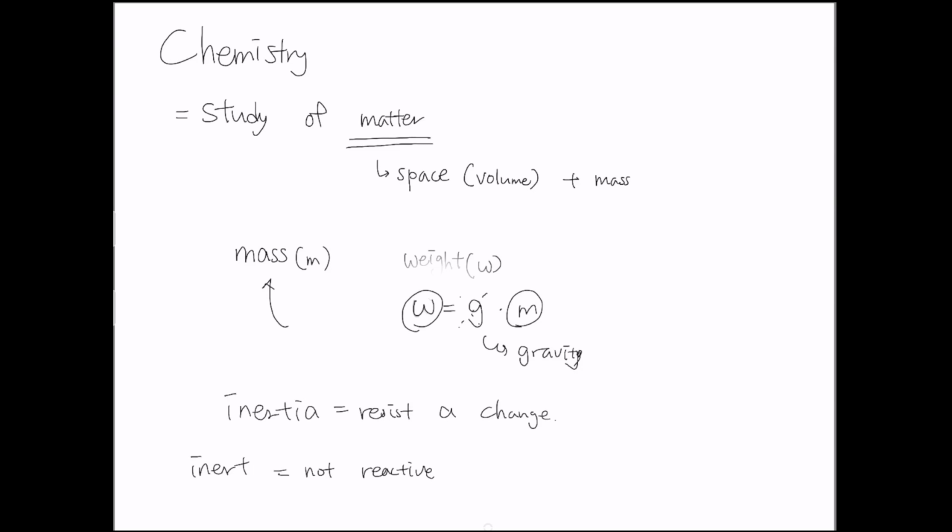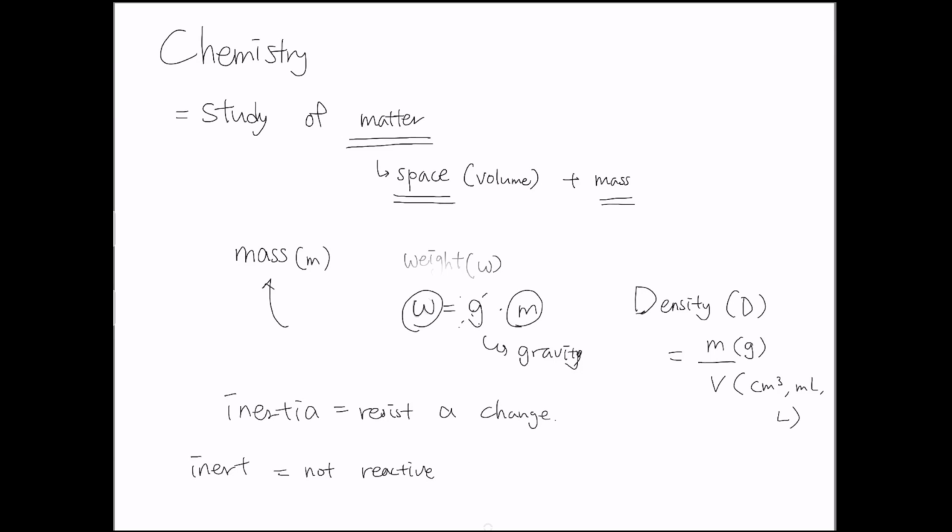Since matter does occupy space and it has mass, we want to explain the relation between space and mass. The relationship of mass to unit volume is called density, and we're going to just use capital D for that. We can calculate density by doing mass over volume. In chemistry, a lot of times you're going to use gram as a unit for mass, and we are going to use centimeter cubed or milliliter or liter for the unit of volume.